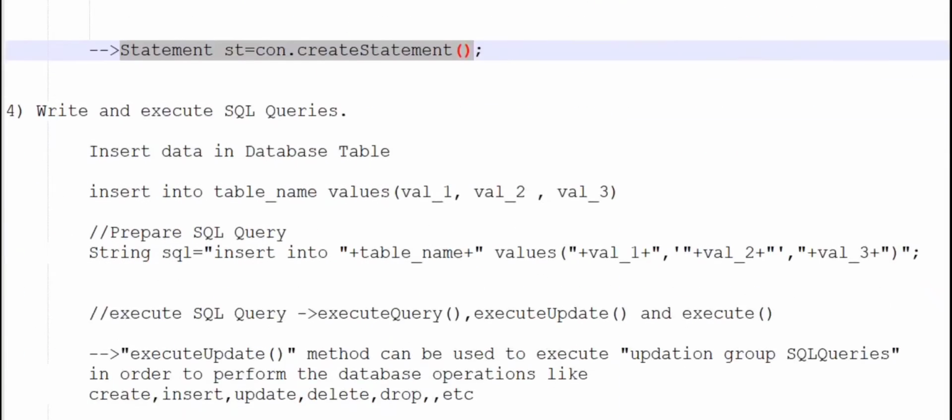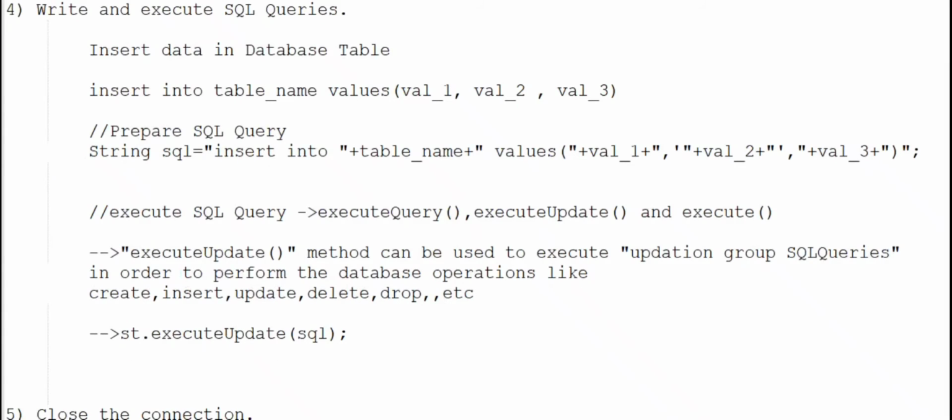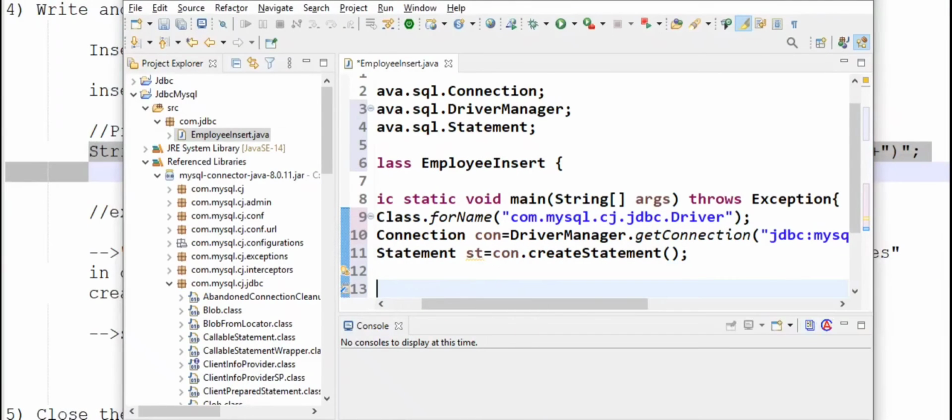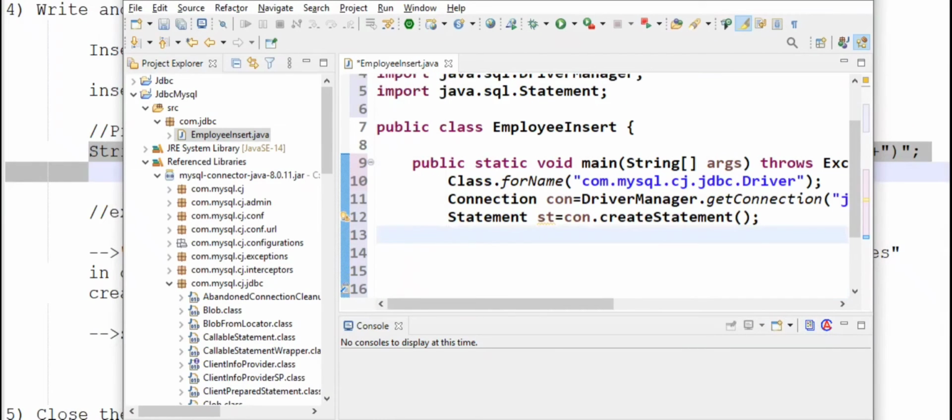Our next step is to write and execute the SQL query. This is our SQL query. In there we have to take dynamic input.